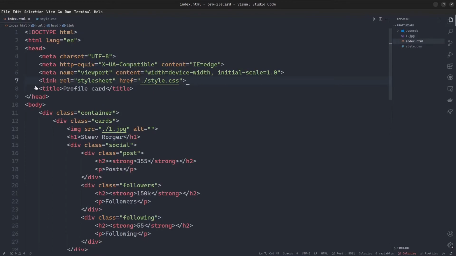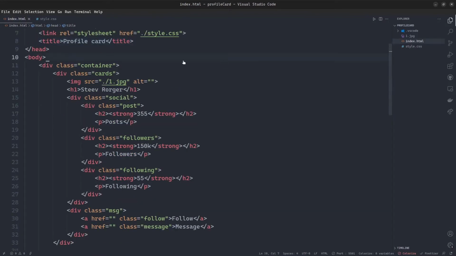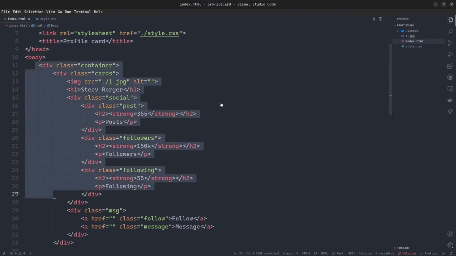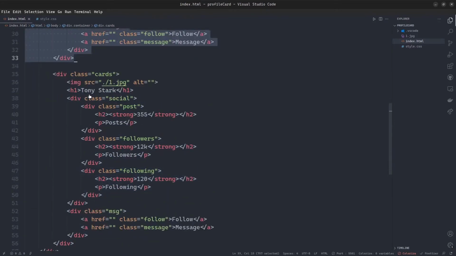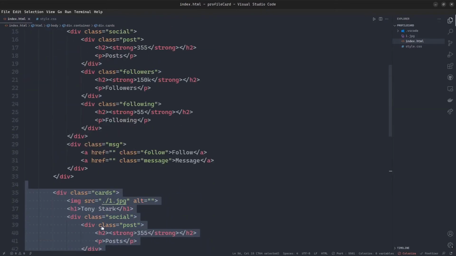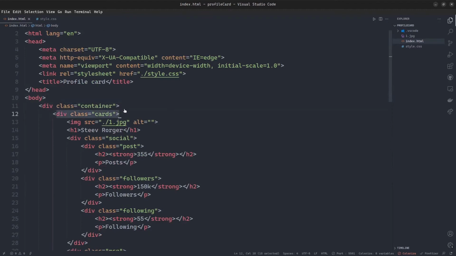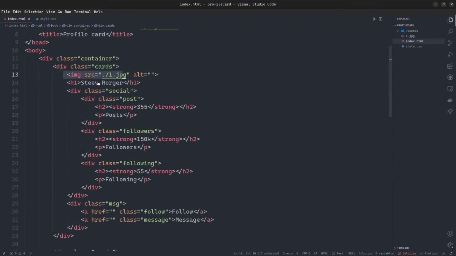Inside the title you can see Profile Card, and I have a big container here. Inside this container I am storing the two cards. First one is this and the second one is this. Okay, let's talk about the card container. I have a card container here. Inside the container I am adding an image, and an h1 tag called name,